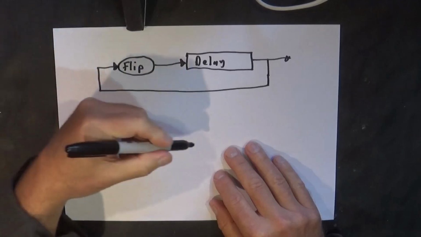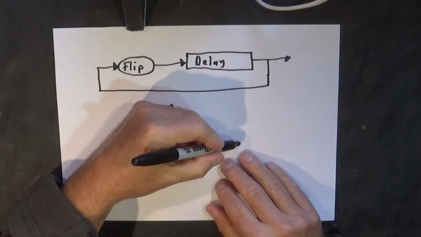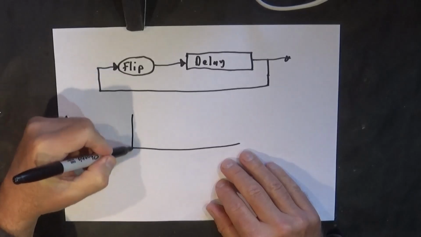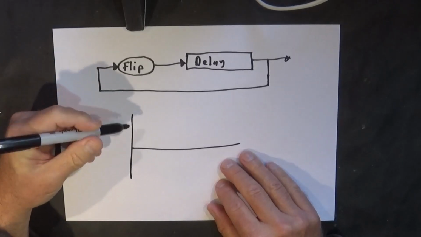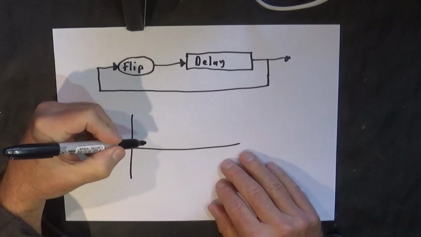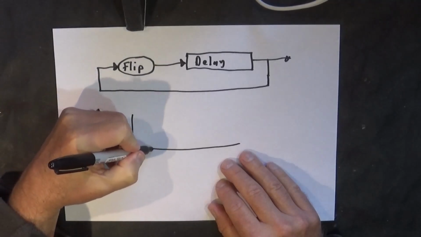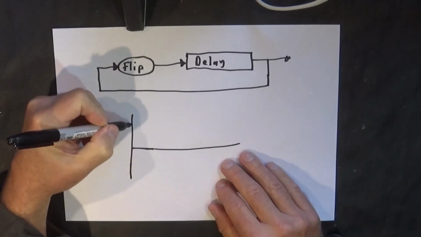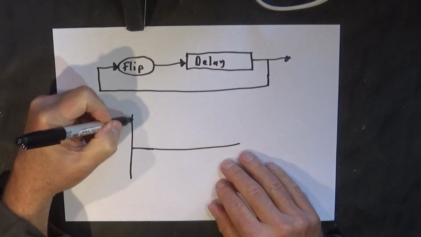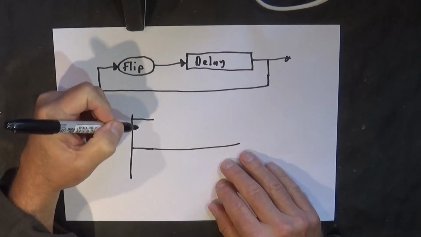So what we expect to happen here is the output of the delay starts at 0, so the output of the flip engine starts high. Okay,